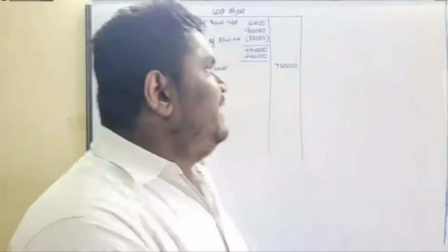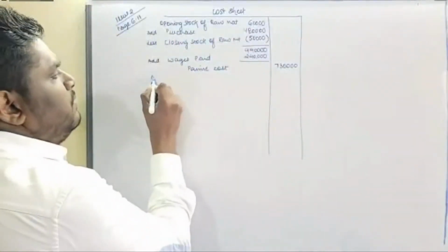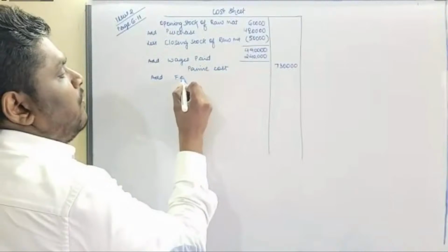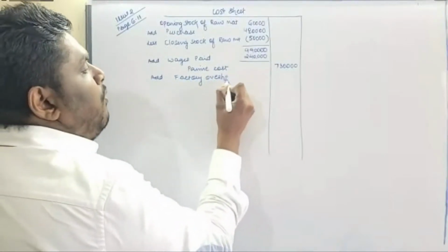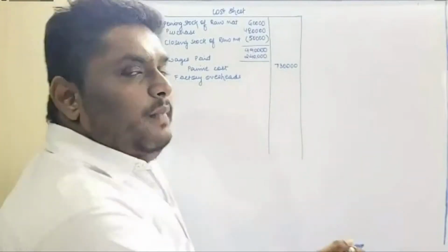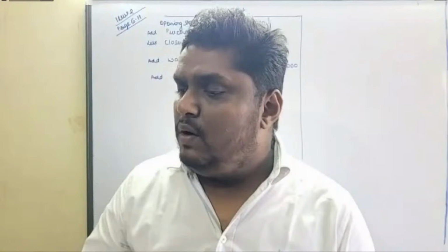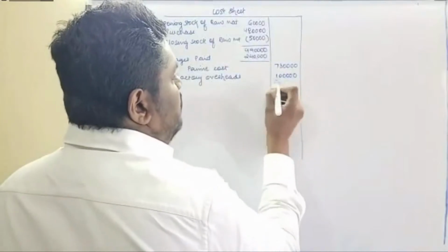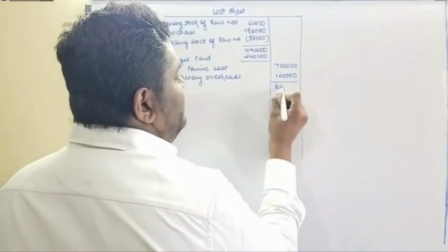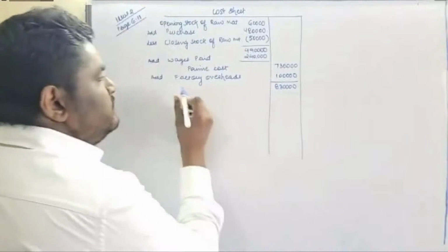In prime cost, we will add all the factory overheads. So in this question, the information is given that the total amount of factory overheads is how much? 1 lakh. So this will be 8,30,000 and this is